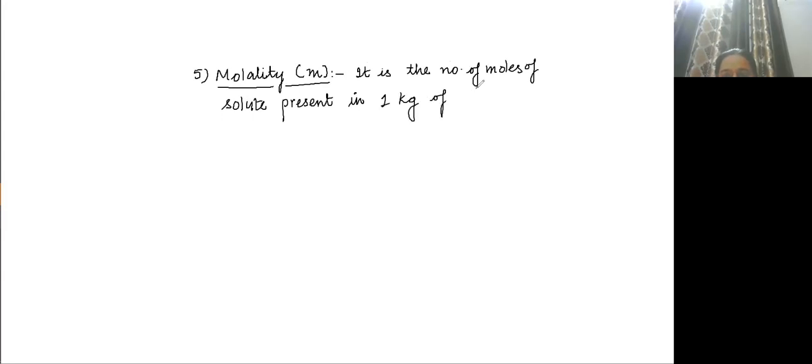It is the number of moles of solute present in 1 kg of solvent. Formula of molality is